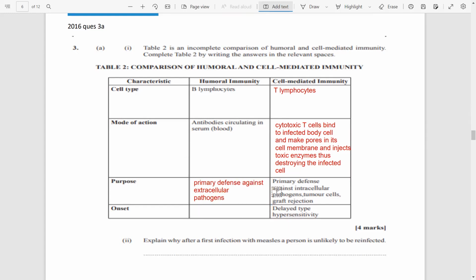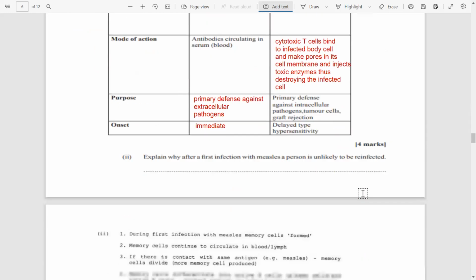The onset of the cell-mediated response is delayed, but the humoral system basically gives a more immediate response. It's not delayed. All right, explain why after a first infection with measles, a person is unlikely to be reinfected